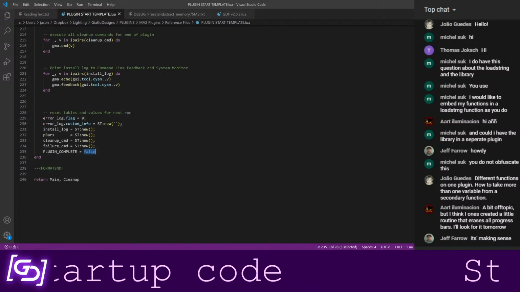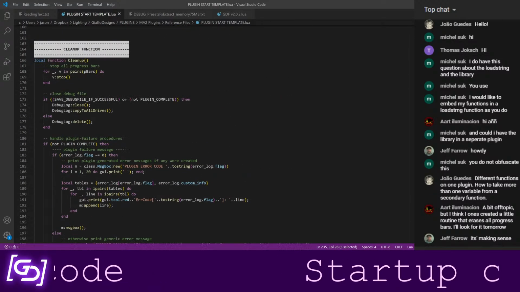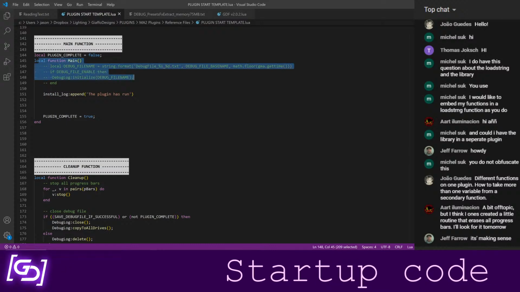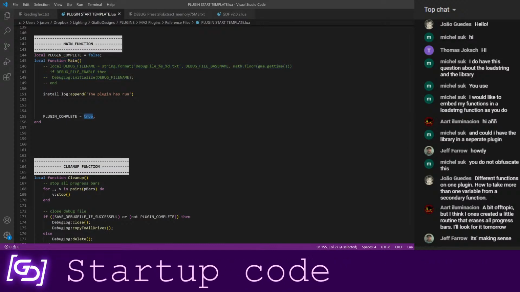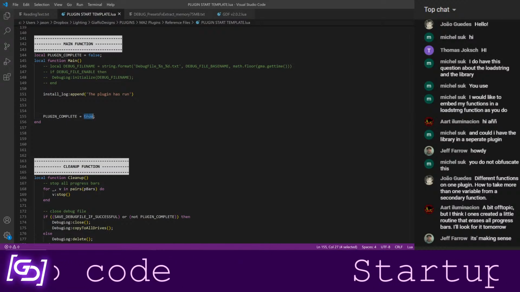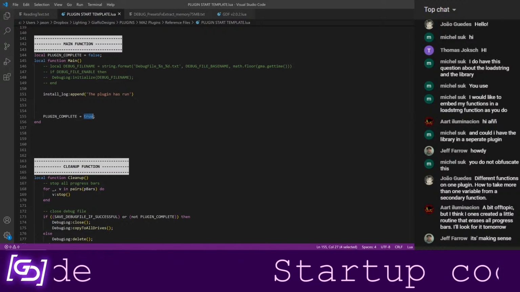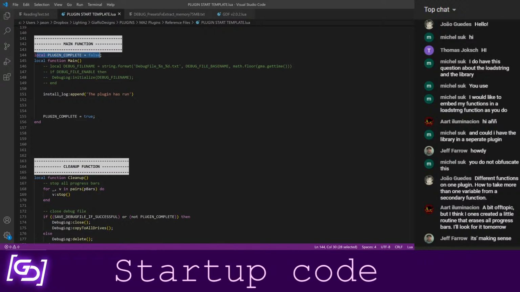As far as that plugin complete equals false, if it is not obvious why that is happening, once the plugin completes successfully, this is going to be set to true. If I don't restart the plugin engine, there is no other code that is going to set this to false, because this code only runs when the plugin has loaded. It's not inside any function.